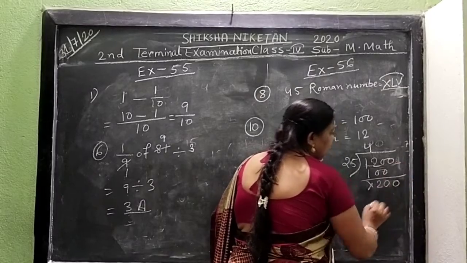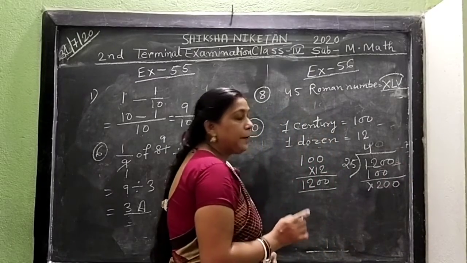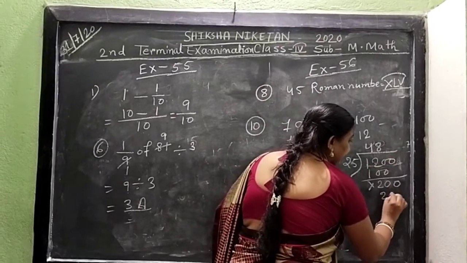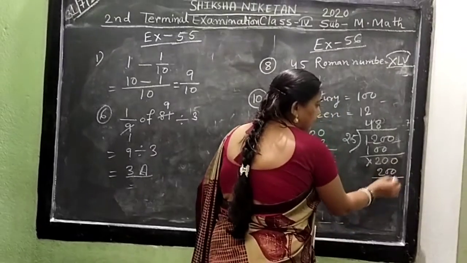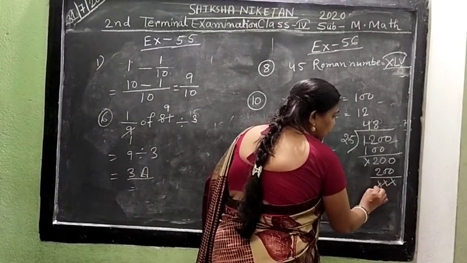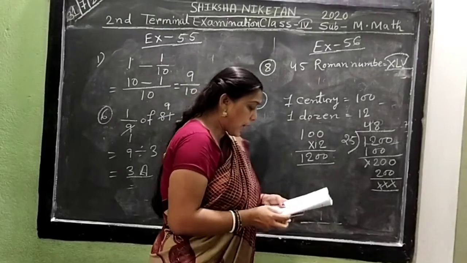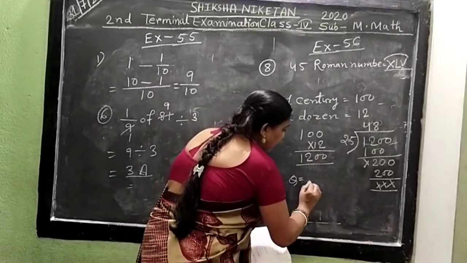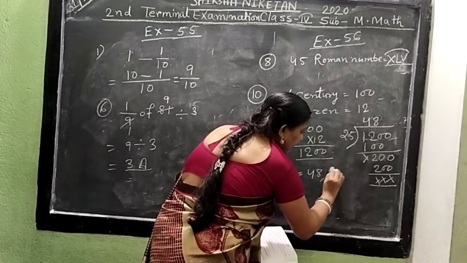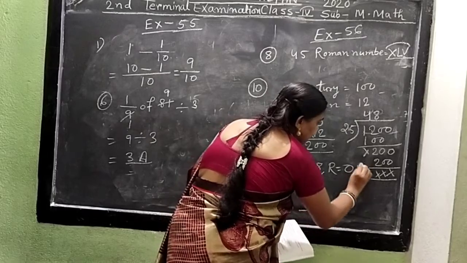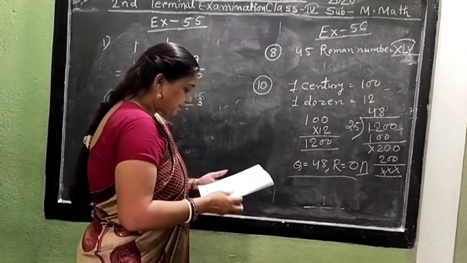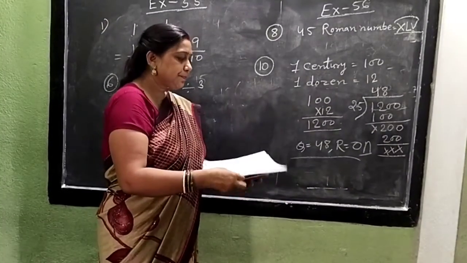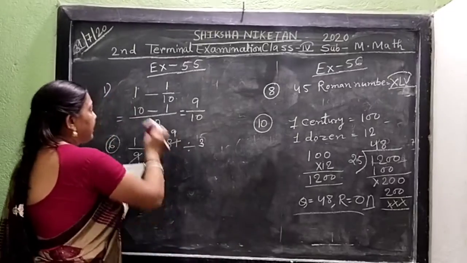We write here 0. Then we did the table of 25, 8 times. 25 8 ja 200. Same number, 0 0 is cut, 0 0 cut, 2 2 cut. Here as quotient and remainder. Quotient is 48, but remainder is 0. That is our answer. Okay. Solve every math in your copy. I solve exercise 57.